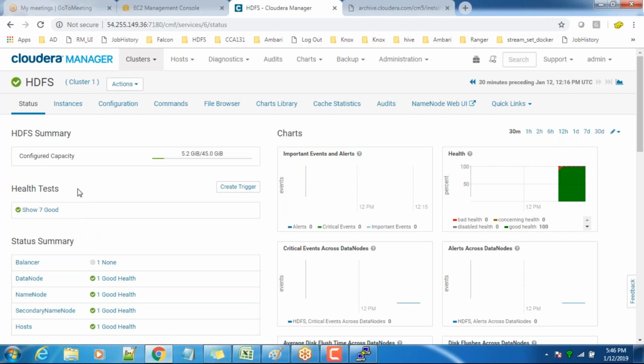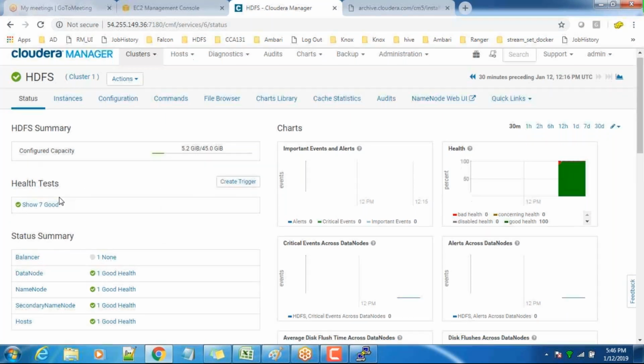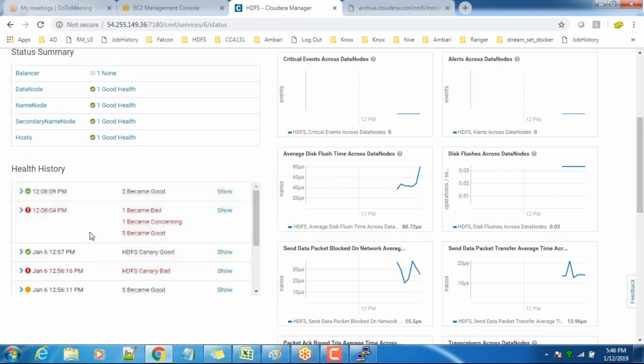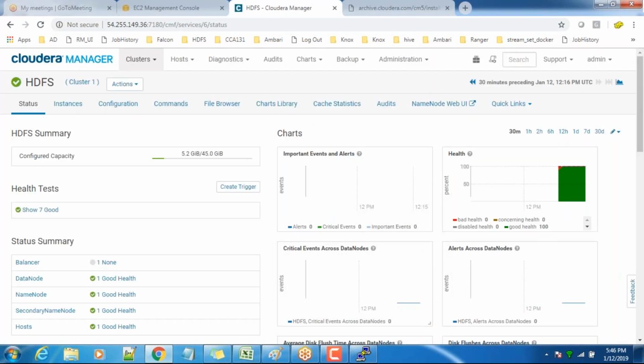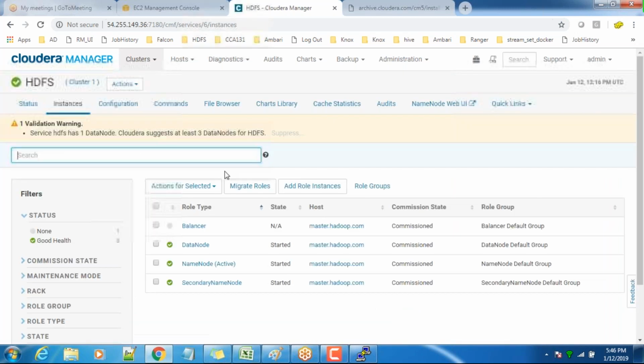The first page you will get is a summary, like what is the capacity, what about the health check, and what was the historical status, and on the right hand side you will have some charts. And if you go to the instances, here you can see the various components associated with it. So you can see name node, and in brackets it's showing active, and we have a secondary name node